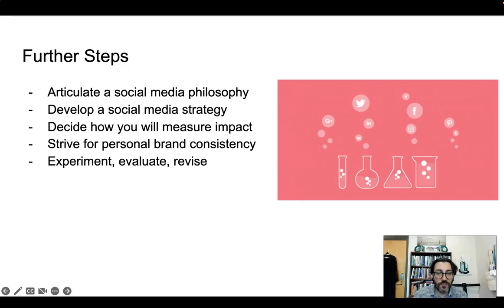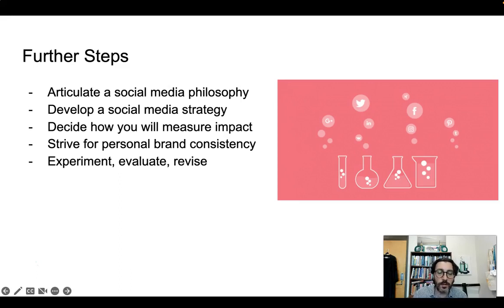More in terms of thinking about how you can use social media to achieve your objectives, consider developing a social media strategy where you talk about things like the regularity with which you post, the kinds of things you'll post, and so on. That will help you to stay honest with the kind of approach that you want to take with respect to the goals that you are seeking to achieve. And it can also lessen the anxiety about having to do too much or the amount of time you're going to dedicate to it if you develop a social media strategy that clearly defines the kind of activity that you're willing to engage in, and the amount of time and energy you're willing to spend on it.